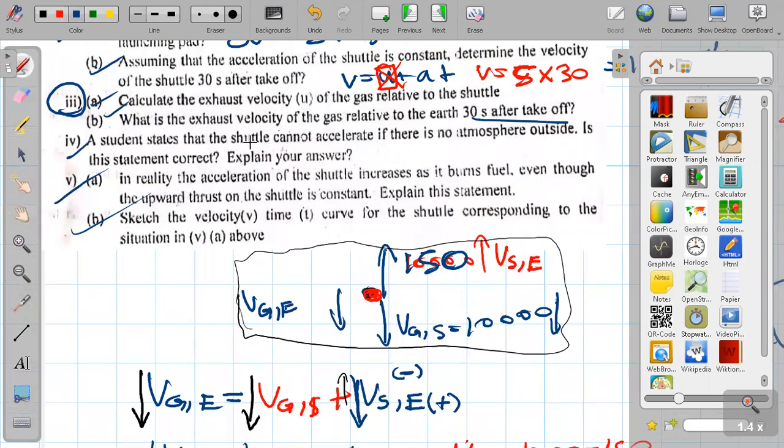You can't do this yet, because you have no idea about momentum yet. Weight and momentum is not enough. Acceleration of the shuttle increases as fuel burns, even though this is also not possible yet. You don't know Newton's law. But